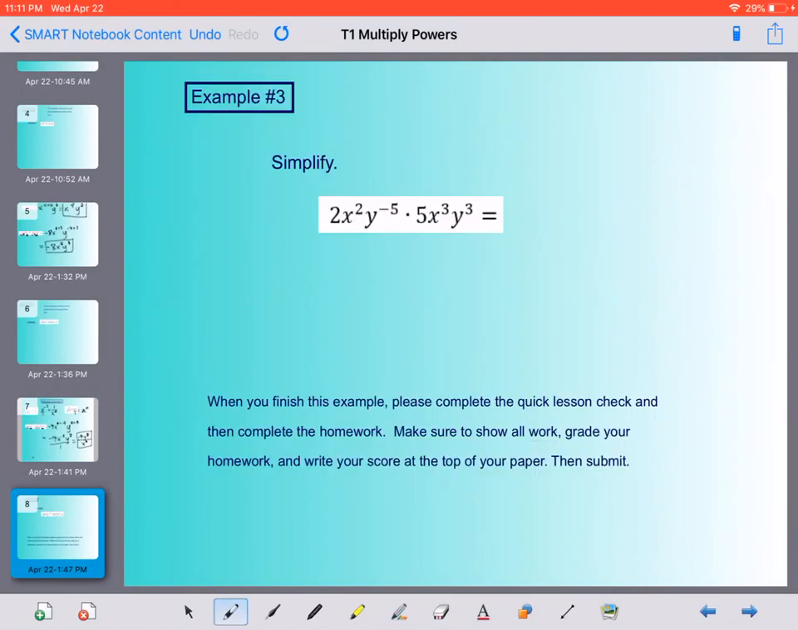Okay, the last thing is example 3. Again, do this in your notes. It's 2x squared